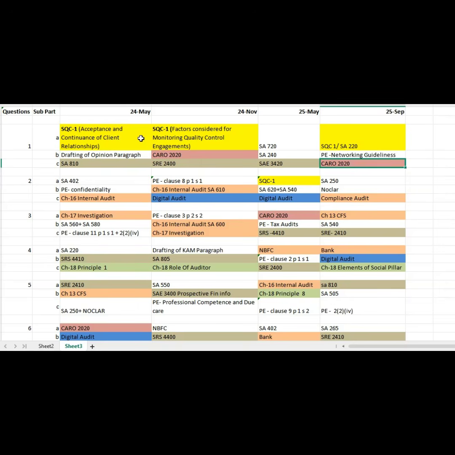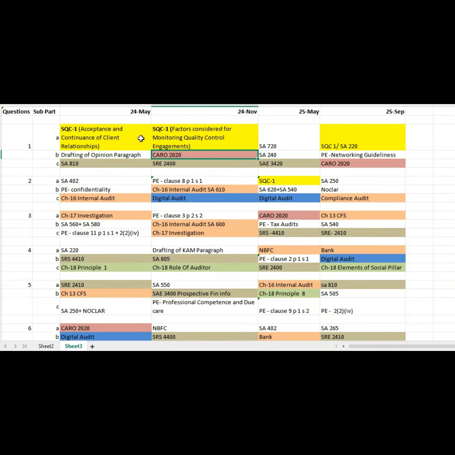for 3 attempts, and you can see one more SQC1 question. So it may be from SQC1 or SA220, both are linked together. That is chapter number 1 in our module. So it is a question that you will get, and most often you are getting it in the compulsory question. Okay, so make sure you are not missing chapter 1. Okay, so from that you can identify that you can get 5 marks, 4 marks, maybe MCQs 2 marks. So minimum 5 marks assured from the chapter SQC1, right?